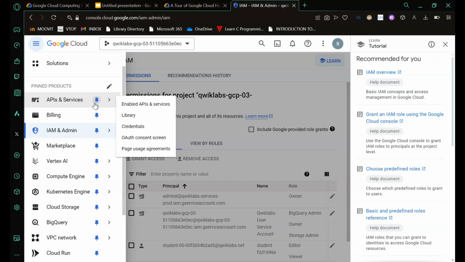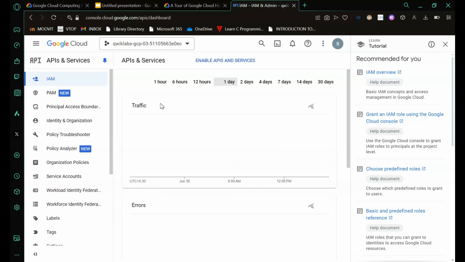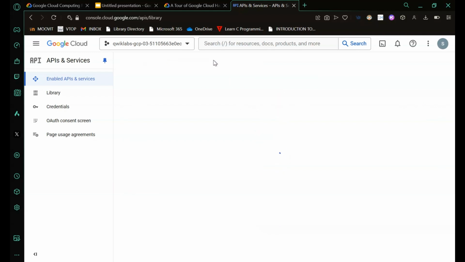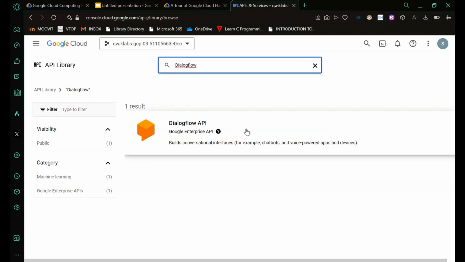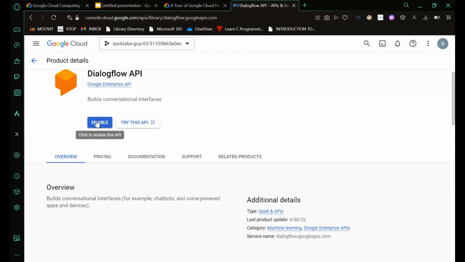Now we'll head on to APIs. Okay, so click here on Enable APIs and Services. Now the API we are looking for is Dialogflow. As you can see, Dialogflow API, click on it and then click on Enable.